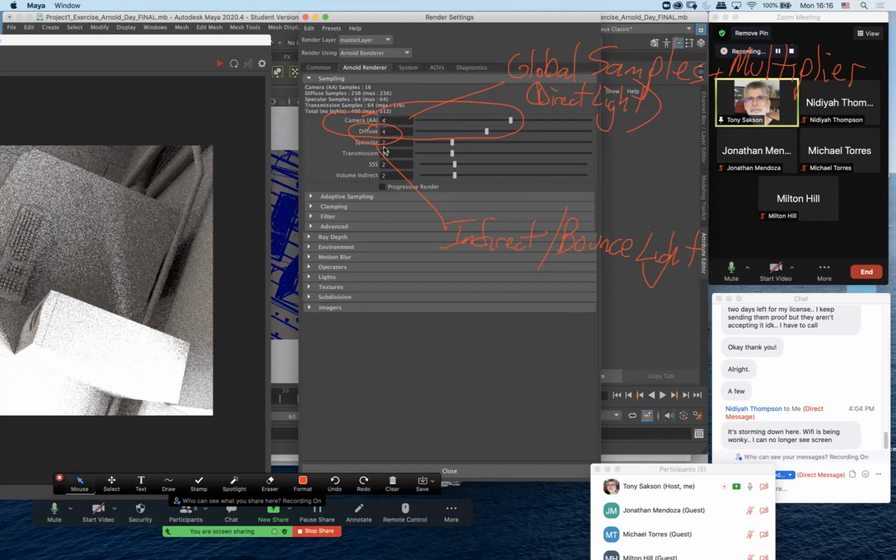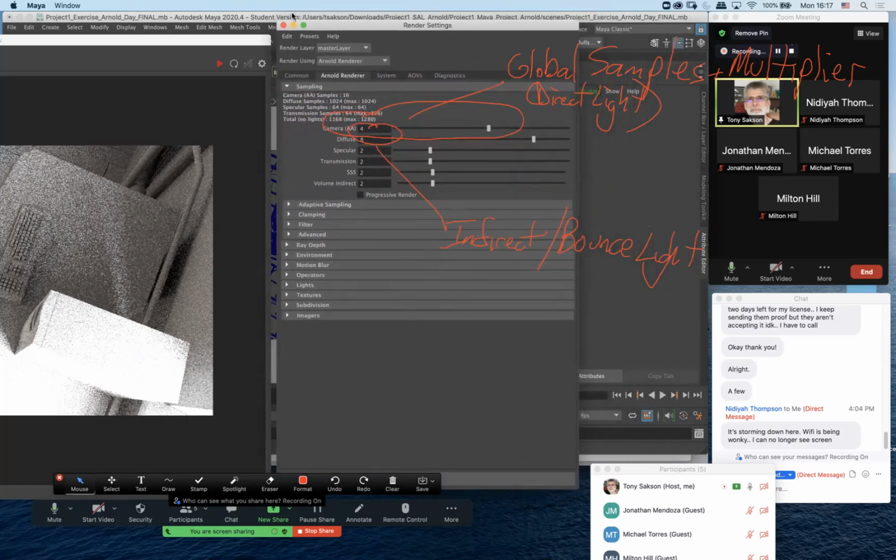So this would be considered to be kind of lower to medium quality. We're not quite at moderate to high quality yet. Usually somewhere between 6 and 8 for diffuse. Now we're getting into higher quality because we've taken the indirect from 32 to 256, now all the way up to 1024. So this would be a good starting place for a production quality render. Now, this will not get rid of all the noise for you by itself. But let's see what these numbers do